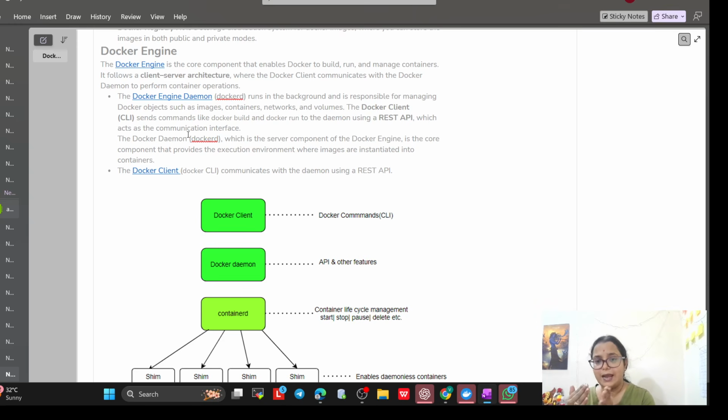So the Docker client sends commands like docker build and docker run to the daemon using the REST API, which acts as a communication interface. The Docker daemon, which is the server component of the Docker engine, provides the execution environment in which images are instantiated into containers.